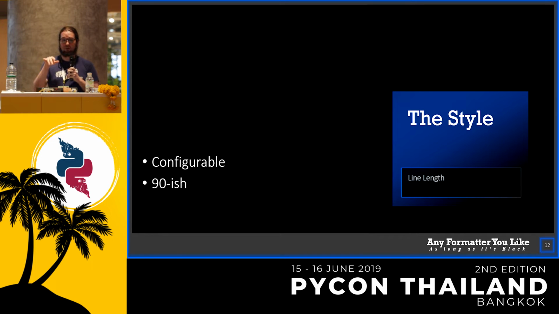And we found that going from 80 to 88 makes code much more readable because more stuff fits on a screen, but not too much. But going from 88 and above, there's no real difference in most of the code. So we ended up choosing 88 there. There's also a link to the video in the slide notes.